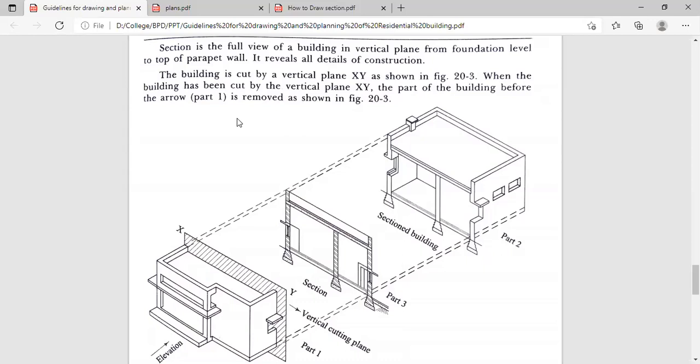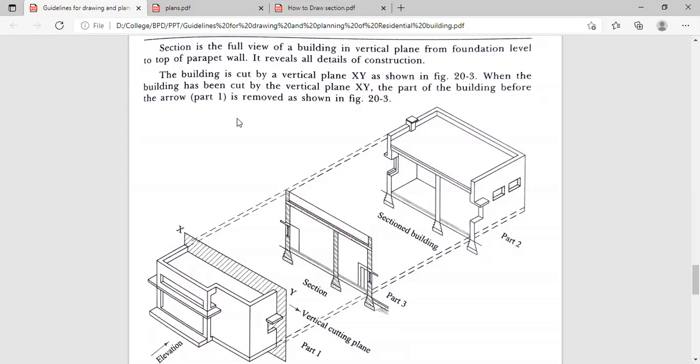Then whatever floor finish we are going to provide, its thickness and material, as well as the different levels, maybe window sill level, lintel level, chhajja level, then the height of the room.